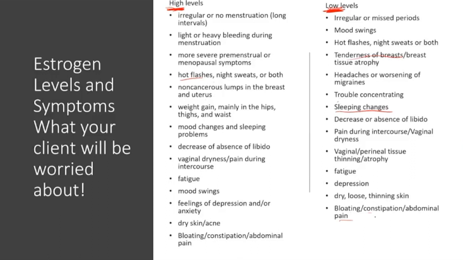So the question becomes, well, how do we know that they're high estrogen or low estrogen? Well, we really don't know. We can kind of look a little bit if they're still having periods, if they're really having heavy bleeding and it's very irregular, along with a lot of these symptoms, we can begin to think that this person has moved into an estrogen imbalance. It's too high. Or if the periods are gone, but they're having all of these issues on this right side here, then we have to think that this may be more like menopause. Or if this is happening before menopause, then what's going on and why did the estrogen levels drop so much?